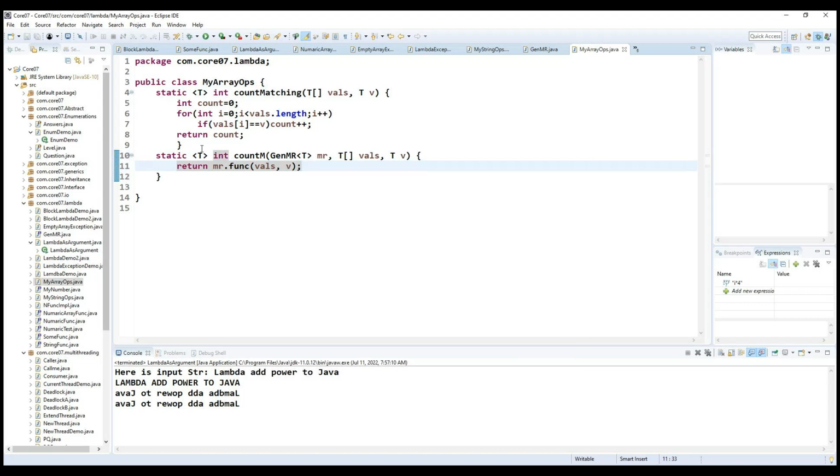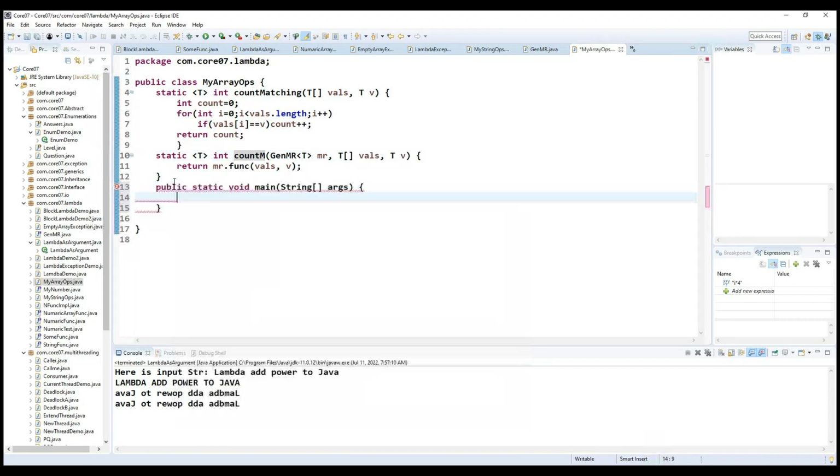So this is one of the important methods. Getting the point? This is one of the important methods I'm trying to write here. So the count to M method I'm defining, and this is one of the functional interfaces we are providing, with two values, and two values. Now if you observe the main method, inside this particular main method, now what I will do,